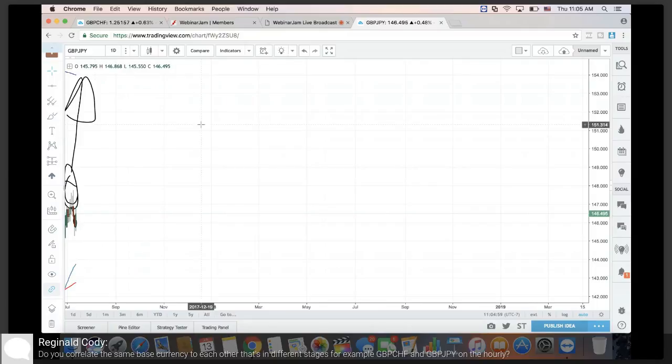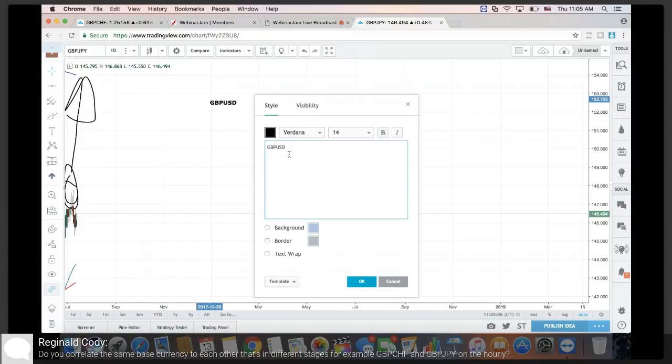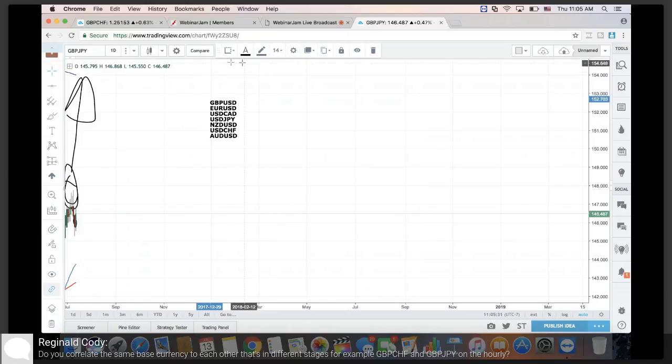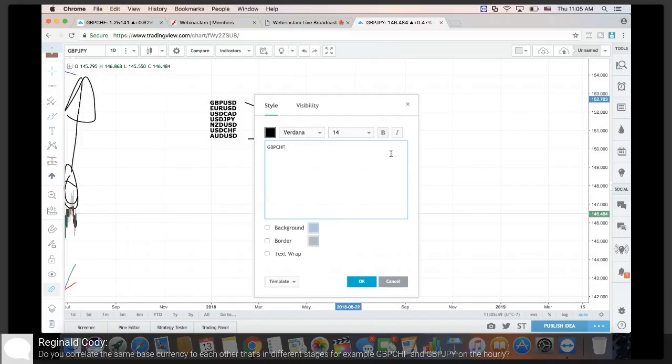So, for example, you guys can probably just Google the majors, but I'll list some. GBP USD, EUR USD, pretty much all the USDs. USD CAD, USD JPY, NZD USD, USD CHF, and AUD USD, just to name a few. Okay, these are the majors that I compare it to. So when I start looking at cross pairs, let's say GBP CHF, like you said, for example,